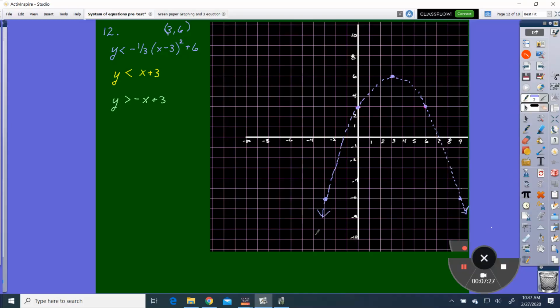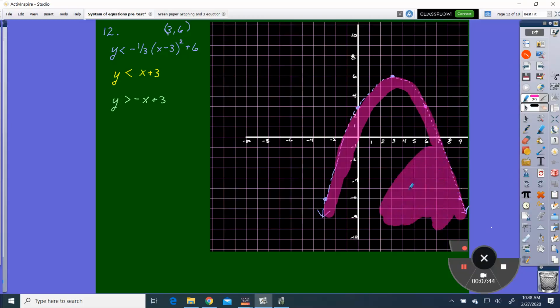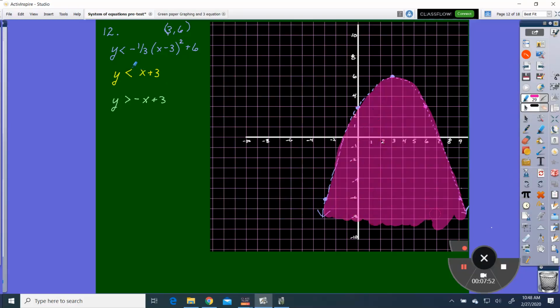So there's my upside down parabola. It's a less than, so it's shaded underneath. So it's shaded in here. Now I graph this one. Y is less than